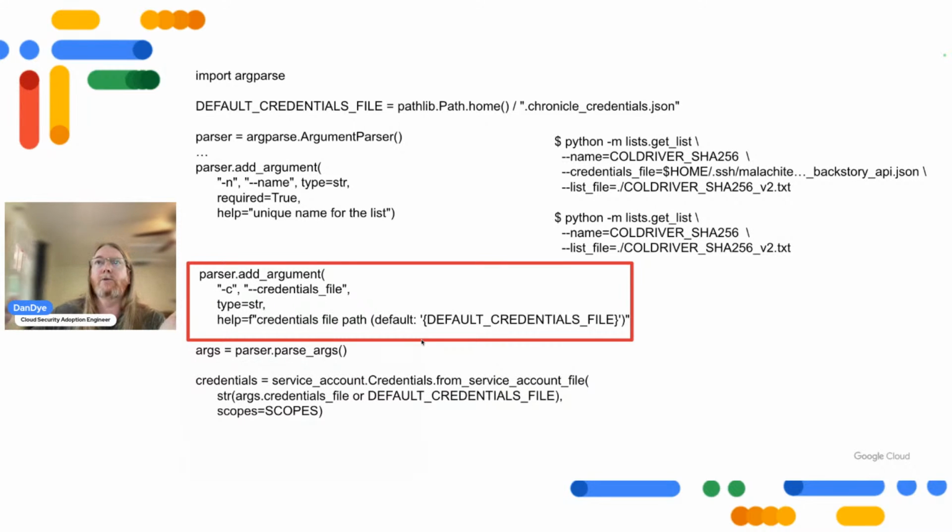It's the user's directory and a file called chronicle_credentials. So it's right here, all caps, DEFAULT_CREDENTIALS_FILE. It uses pathlib to find the user's home directory, and then a hidden file, the dot, and chronicle_credentials.json. And then that gets used down here. It's printing in the help what your value is for that,